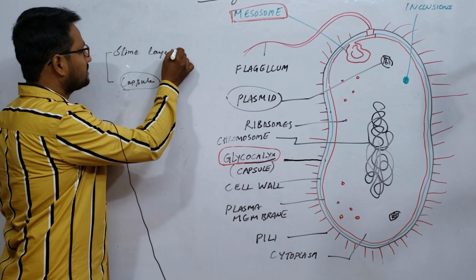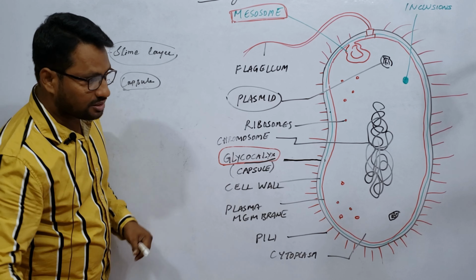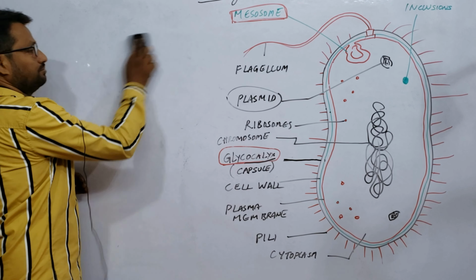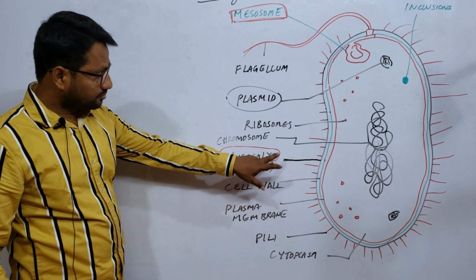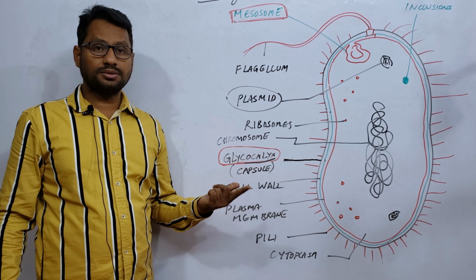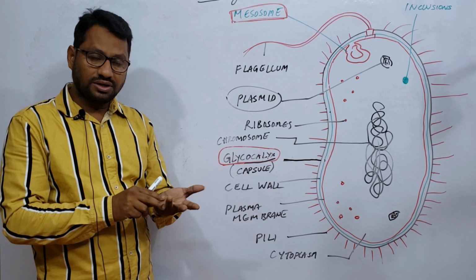So, the outer layer will be called in different ways based on the composition of the cell envelope and the glycocalyx. And the bacteria are classified into two groups, based on the composition of the cell envelope